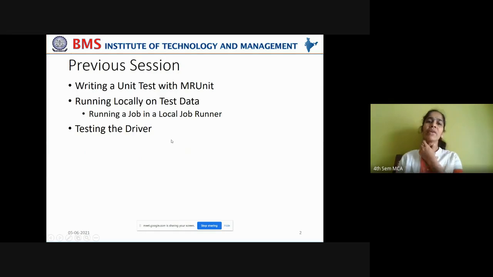In the previous session, we wrote unit tests by using MRUnit, which has to be used in association with JUnit, right? MRUnit and JUnit have to be used together in order to write the MapReduce tests. Map and reducer tests are written by using map driver and reduce driver, and they are packed into a job, and for testing the job we have written MaxTemperatureDriver in order to test the entire job. And finally, we have seen how to run locally on test data by running a job in local job runner